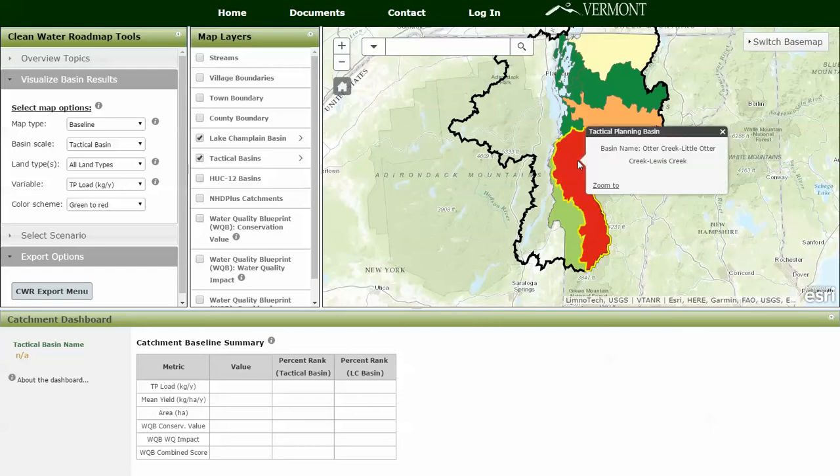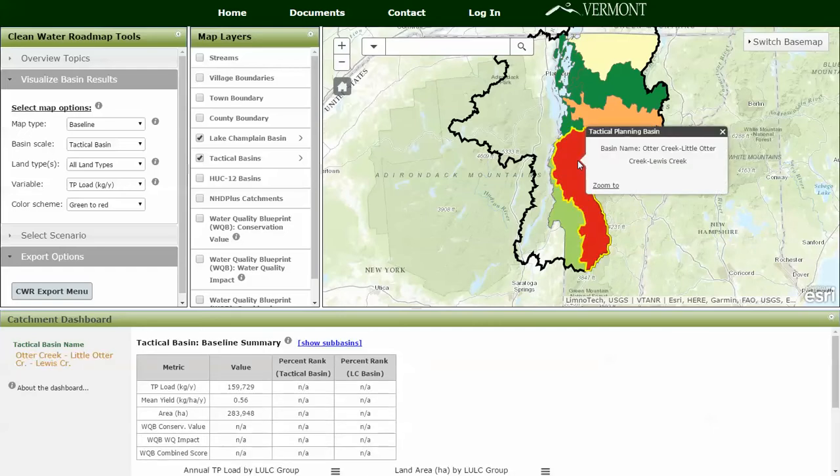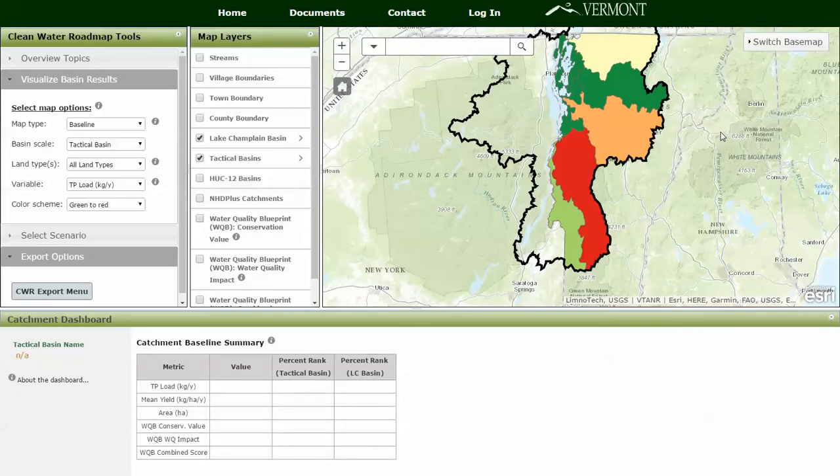So we're going to click on this. And you'll notice what happens here is we get a little label as to what's going on. What's the basin name? Well, it's the Otter Creek, Little Otter Creek, Lewis Creek Tactical Basin. Okay, perfect. If we close that,